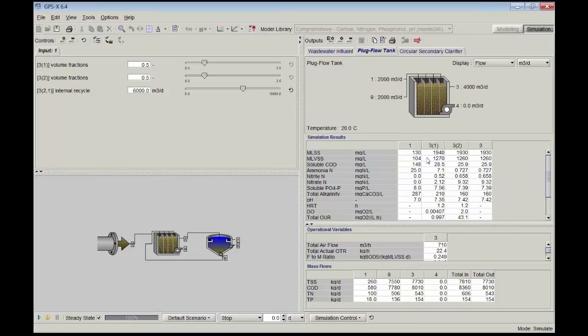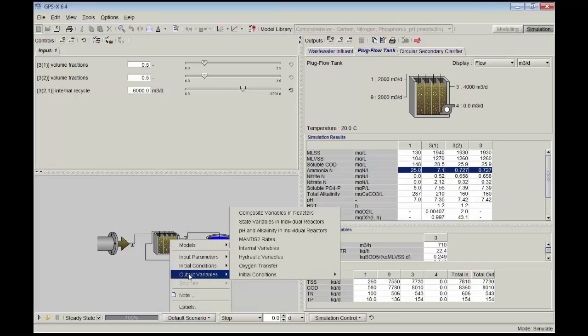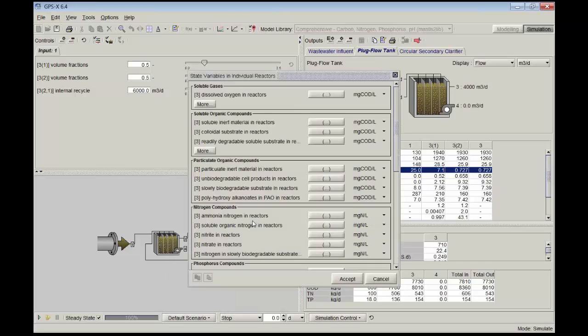So looking at the one for the bioreactor, this little table here basically shows us, for example, the ammonia coming into the front end of the object up here, and then it goes from 25 to 7 to 0.27. That gives us a way of looking at some of the concentrations as we go through these various objects, with the nitrate going up as it goes through. So this is one way, and you can copy and paste this information into an Excel spreadsheet if you like. As I mentioned, even going to this output variables menu, to state variables, any one of